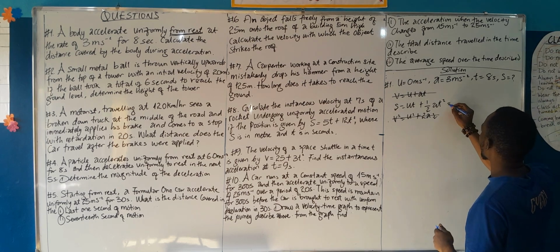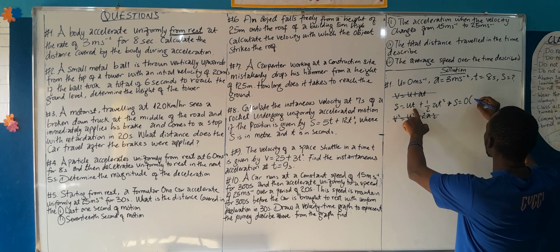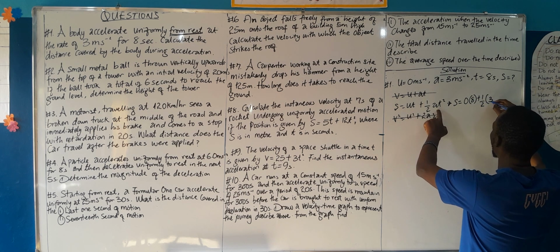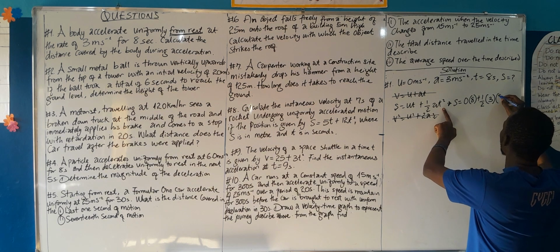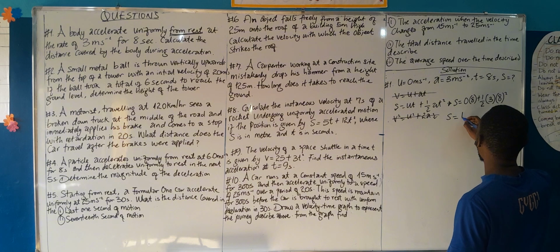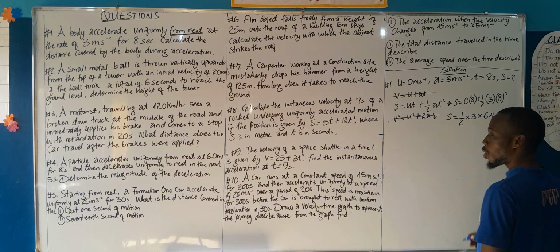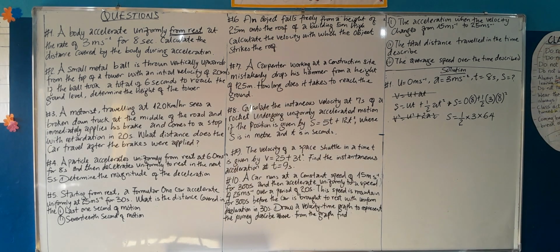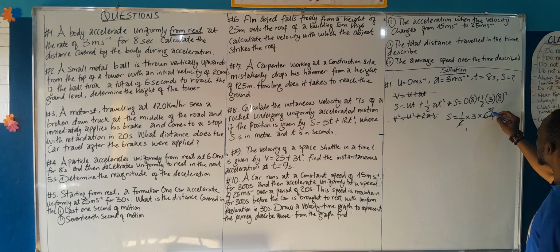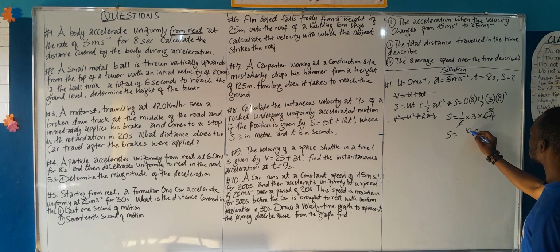So this is S equals U is 0 times time is 8 plus 1/2, acceleration is 3, and then the time is 8 squared. So everything here is 0. So S equals 1 over 2 times 3 times 64, because 8 squared is 64. So 2, 1, 2 here, 32. S equals, this is 6 and this is 9